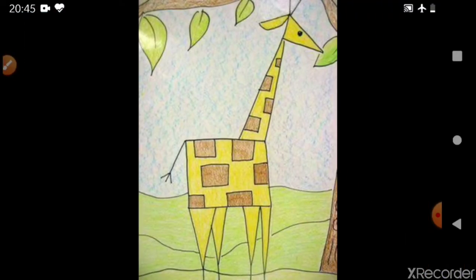One more drawing you can see. This is a giraffe. What are the shapes being used? Square is there, triangle is there, then the face using a triangle, legs using a triangle, and then of course you can make a few leaves. You can add something on your own to decorate the drawing or make something extra. Okay, so if you see all around you, you will find shapes all around you, and you can make so many things. You can make so many drawings using the shapes. That means these two-dimensional shapes, 2D shapes or flat shapes.